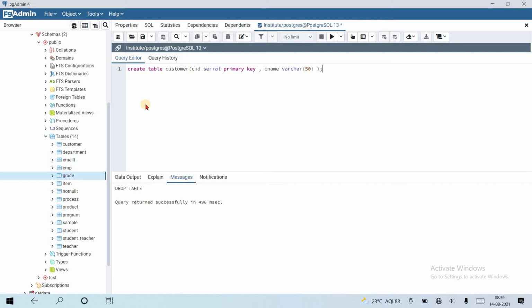Okay, let's create the table. The table was created successfully.